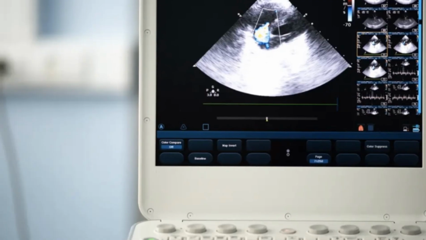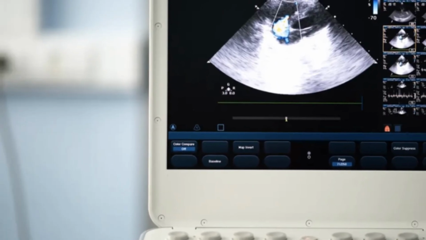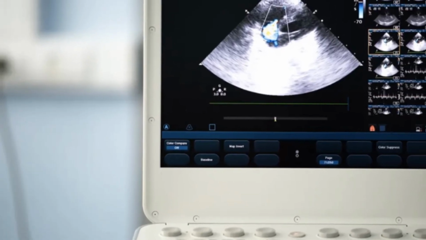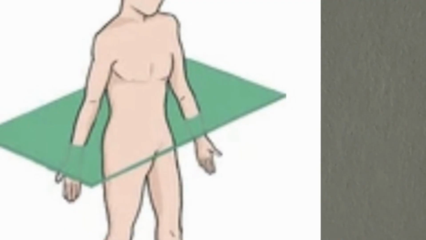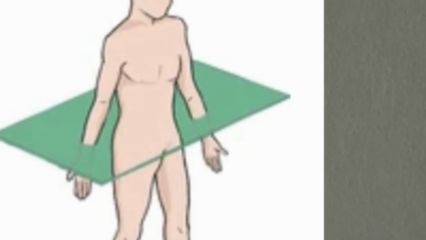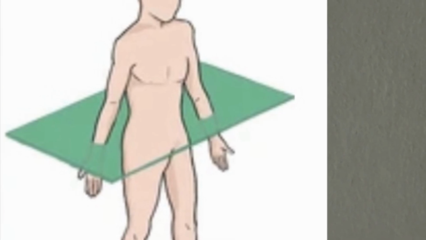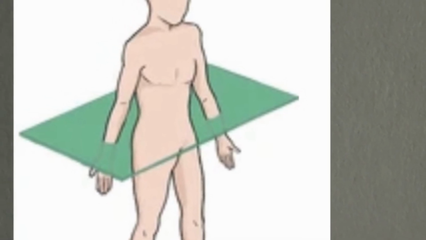First, we need to know the definition of those terms. We always have to deal with transverse or horizontal or any other sections in human anatomy. What is a transverse or horizontal section? The transverse plane or horizontal plane is a plane parallel to the ground, when standing, that cuts the body into top